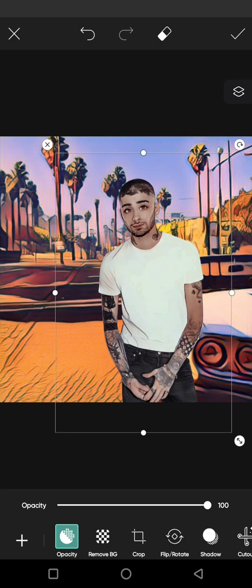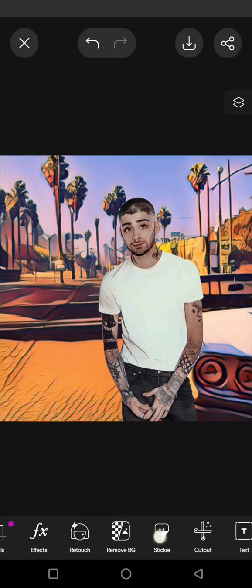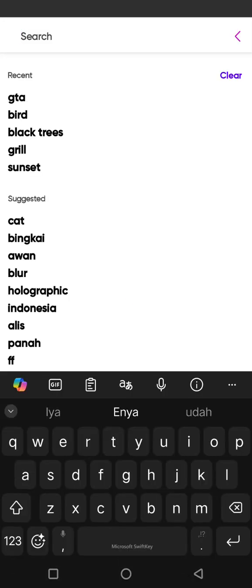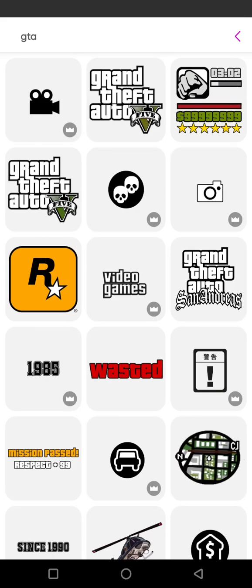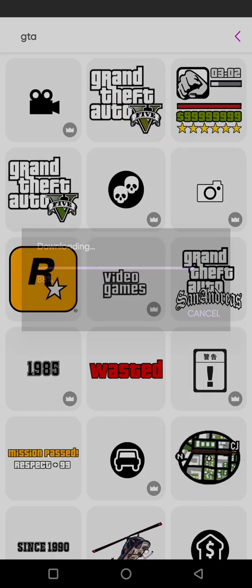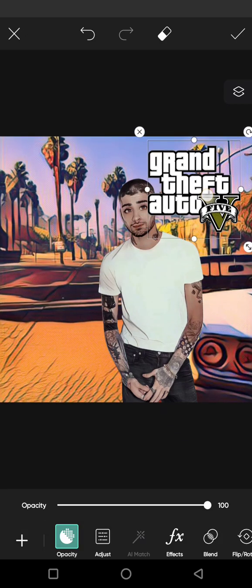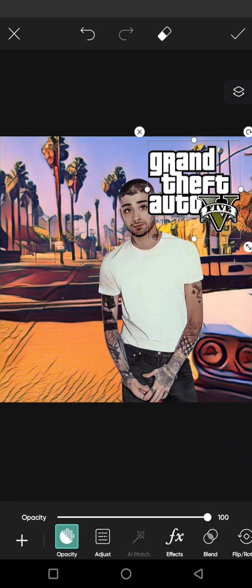And after that, here you can click on a check icon at the top, add a sticker, and then find the GTA stickers in here. Okay, I'm going to add this one. Click on these stickers, adjust the position. I'm going to go in here, and after that,